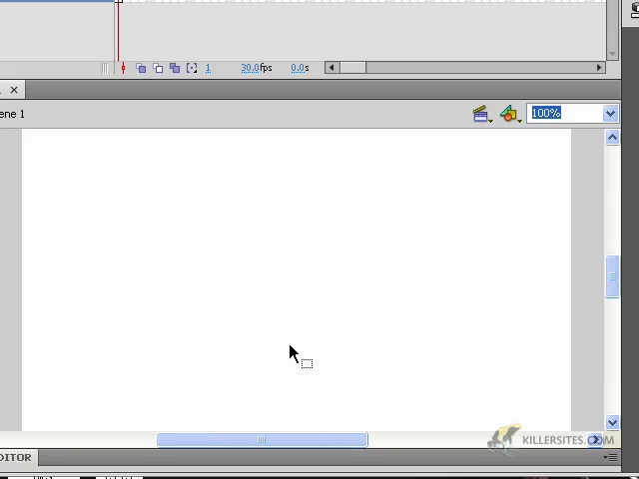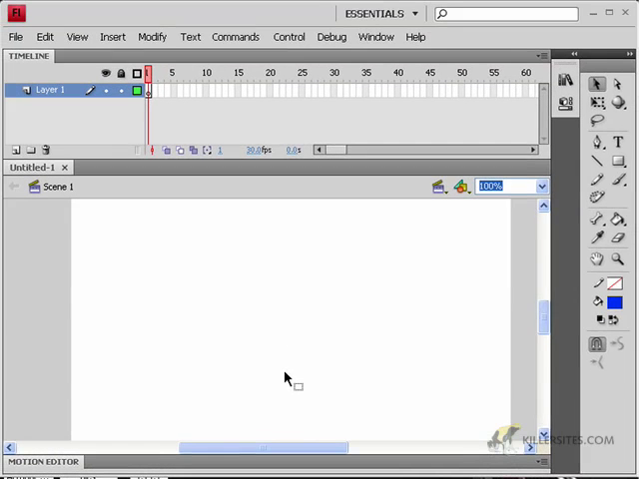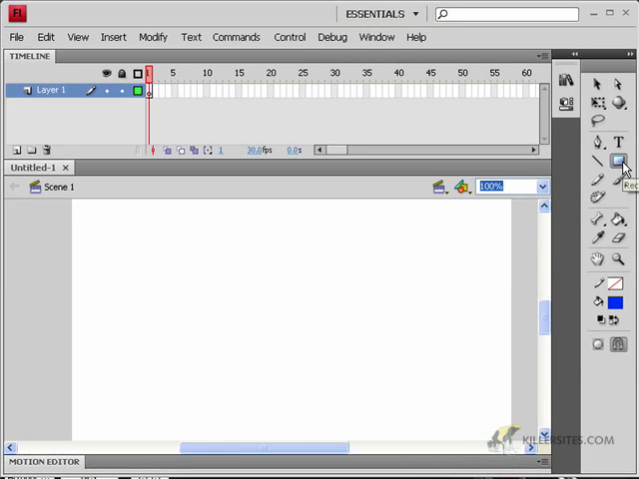Now in this video we're going to be looking at how to create motion tween, but we've already seen the classic version, so now we're going to be concentrating on the new motion tween and what we can do with it. So I'll just ask you to create a square on your stage,